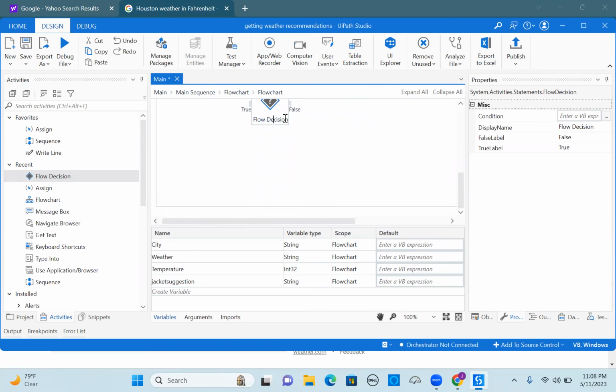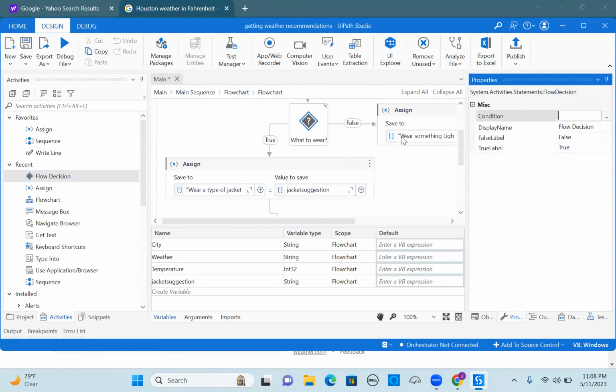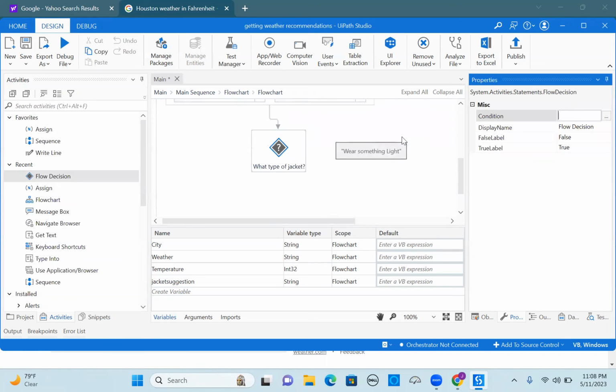And then I'm going to call this one what type of jacket. And my condition is going to be, we did 65 first, so if temperature is less than or equal to, say, 40,